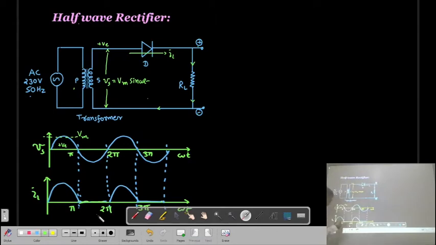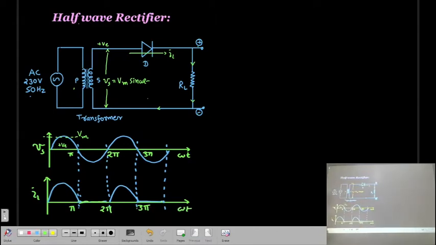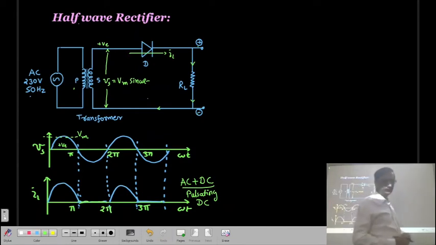So whatever current we obtain in the rectifier, it is not a pure AC, it is not a pure DC, it is a combination of an AC voltage and a DC voltage. This is also sometimes known as a pulsating DC. Correct? So the rectifier is not providing a pure DC. Now here we want to find out how much of the AC component is present.